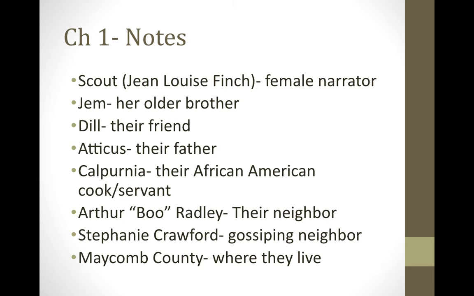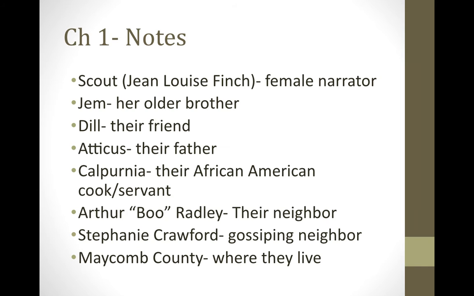And what's interesting about their family life is that Atticus, their father, goes by Atticus. They call him Atticus. I mean, he's their father, but they call him Atticus, which tells you a little bit about the formality of their relationship. Meanwhile, Calpurnia, who they call Cal, is their African American cook and servant, but she basically helps to raise the kids. As you learned in chapter 1, Scout's mom died, so she says Jem does miss her, but Scout didn't really know her, so she doesn't really miss her the way that Jem does.